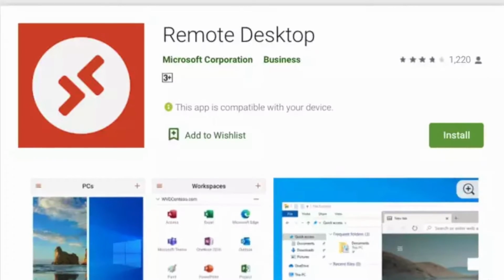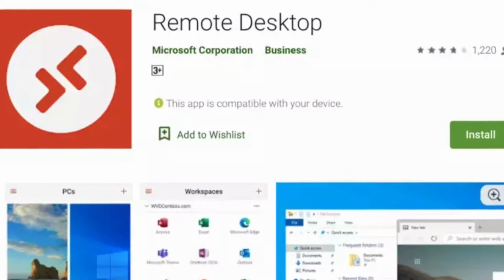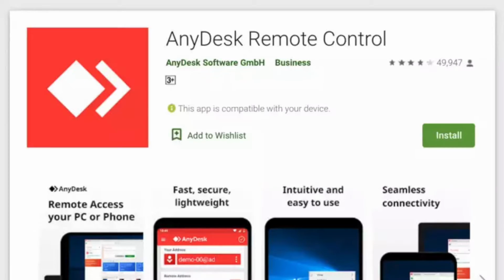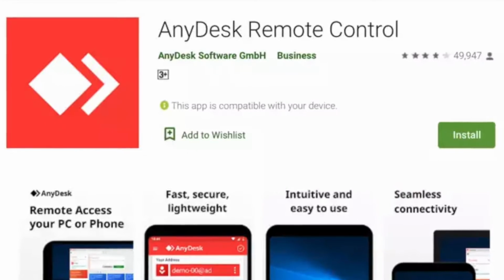Second one is Microsoft Remote Desktop. Microsoft Remote Desktop allows users to connect to your PC or virtual apps. This may work similar to Quick Support, but it could be very effective for scamsters if a victim doesn't know how to use the app. Third one is AnyDesk Remote Control, the most preferred tool by many of us. Do not download it unless you know how it works, and stay away from it, as this is also effective for scammers.